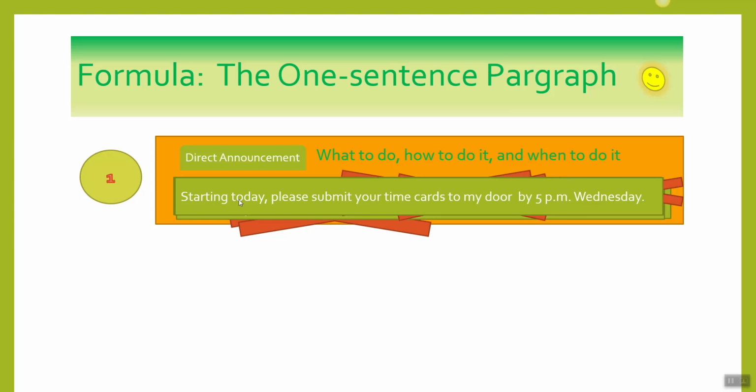There was nothing that we started before this because the second paragraph is where we want to explain if they care to hear it. Now notice, this is another useful thing: put something very close to this in your subject line, especially when you think about emails. If they see "time cards to my door by 5 p.m. Wednesday" in the subject line, they are less likely to miss your deadline. It'll make your lives easier.